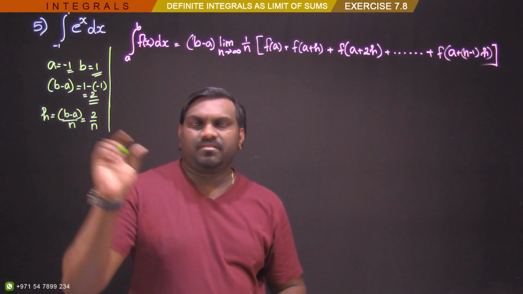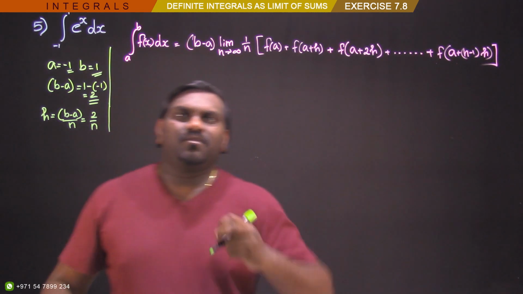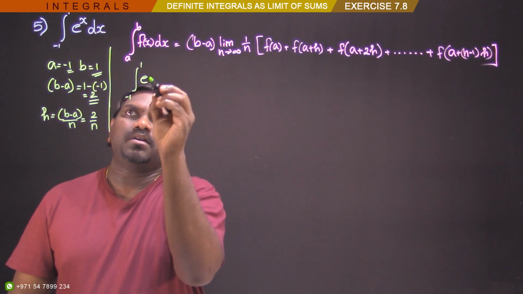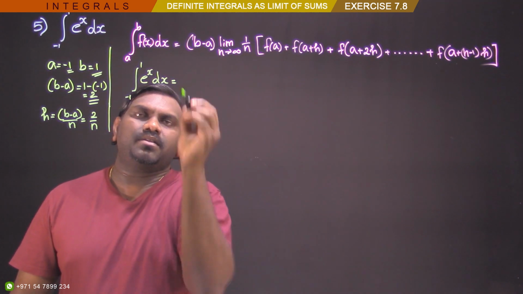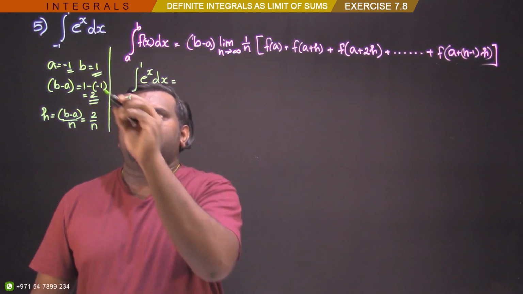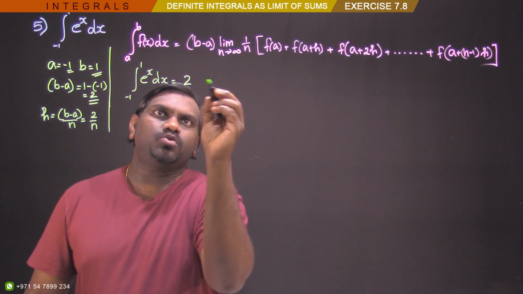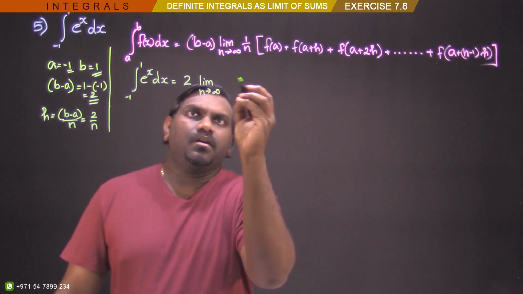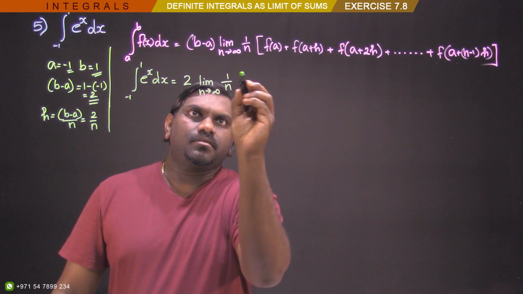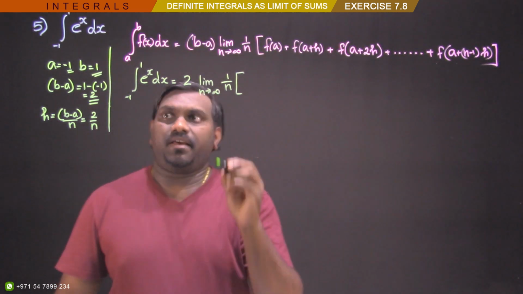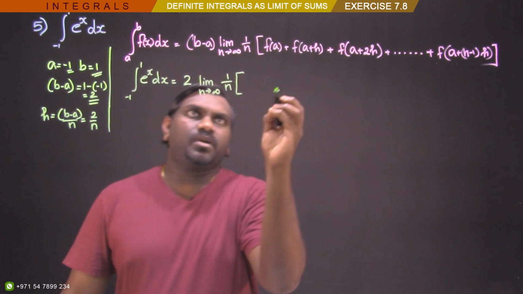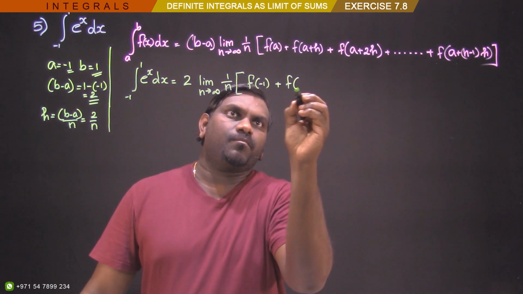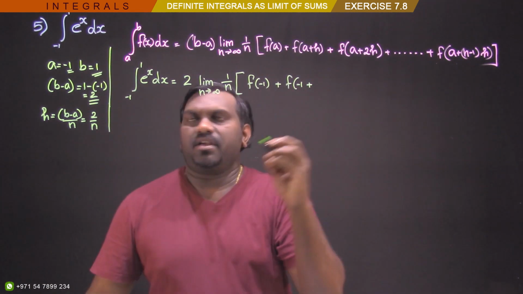2 by n. Fine. So when you have these, let's begin with the question, dear. Integrate from minus 1 to 1 e raised to x dx. What I can write? B minus a, that is obviously we have found the value there, which is 2, limit n tending to infinity 1 by n. You have here f of a, a is minus 1 dear, so f of minus 1 you need to find, plus f of minus 1 plus h. H is 2 by n,